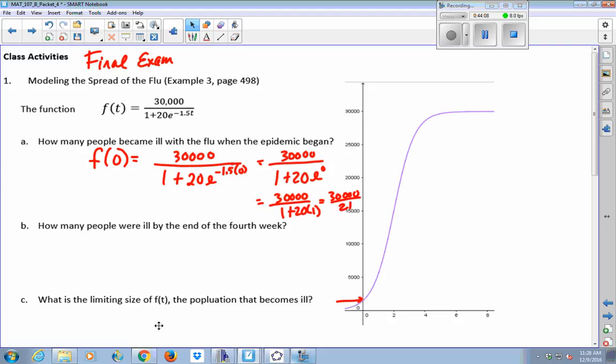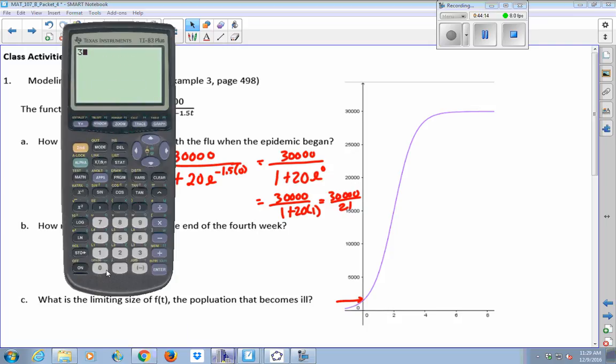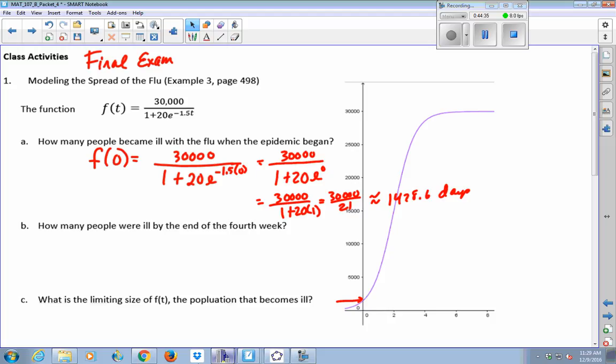So I throw that in my calculator. See, it looks scary, but it's not scary at all. It's just 30,000 divided by 21. I'd probably tell you to round it to the nearest tenth, so this is approximately 1428.6 days. Is it days or hours, I wonder? I didn't put that in, did I? It must be days. So that's how you work with this. It looks a little scary, but it really isn't bad, and just work through your class activities. I do want to point out one thing about your class